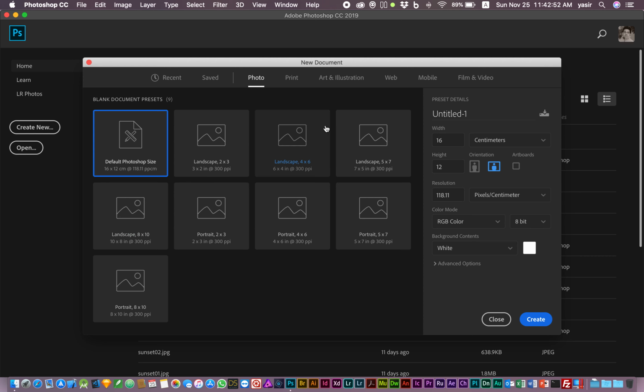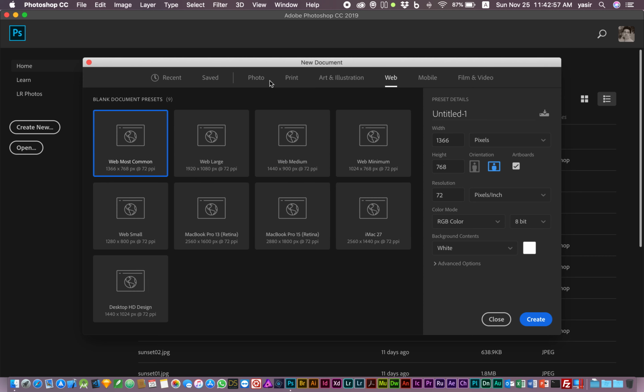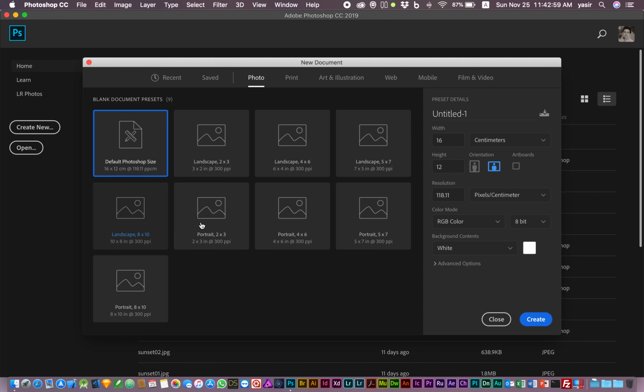I will be going with the custom document, let's say for photo, and the width I'll take in pixels, which is the default for Photoshop. So 1000 by 1000, regardless of the orientation, portrait or landscape. I'll talk about artboard later, and the resolution, you can see 72, which is the default for Photoshop,